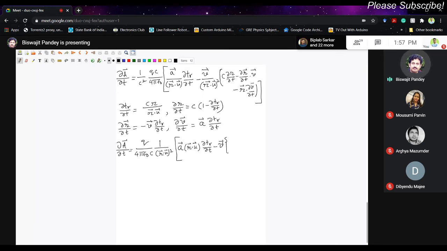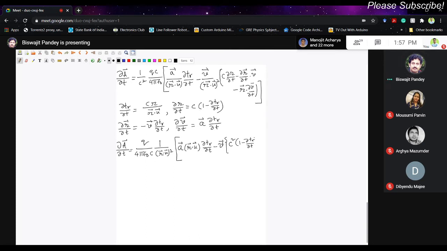And then let us put the values here. What is ∂R/∂t? I want to write down all the terms containing ∂t_r/∂t, that's why I'm substituting first the value of ∂R/∂t, ∂R vector/∂t, and ∂v/∂t. Then I will substitute the value of ∂t_r/∂t step by step. So c into ∂R/∂t, let me do that. c times ∂R/∂t is this one, c into 1 minus ∂t_r/∂t. So c into this is equal to c squared into 1 minus ∂t_r/∂t. First term.